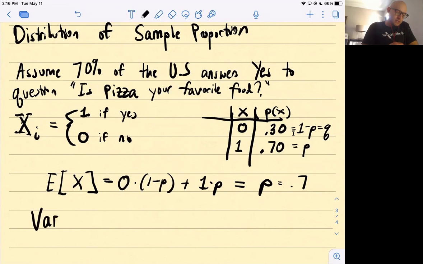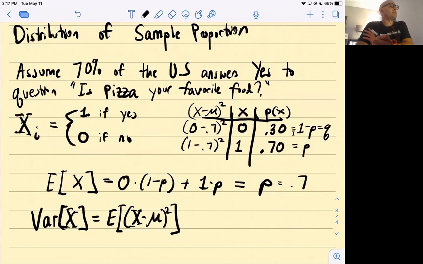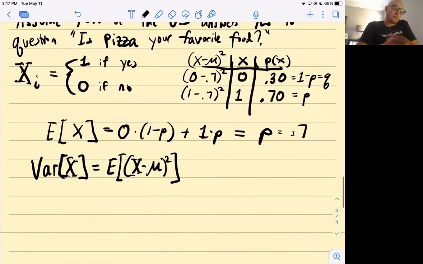What about the variance? If you recall, the variance of x is the expected value of each outcome minus the expected value, squared. So x minus mu, squared. This is going to be 0 minus 0.7 squared, and 1 minus 0.7 squared. But let's do it as a formula, because mu is really simple. Mu is just p. So what I'm going to do is first calculate this thing. Instead of 0.7, I'm just going to replace it with p. So I'm going to write